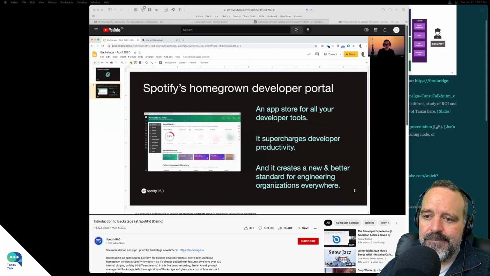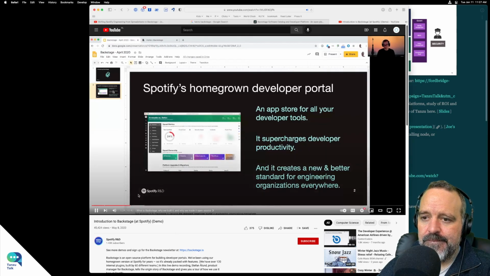And this is what we're trying to achieve with Backstage. We think that there's a missing open source project that ties together various other open source and infrastructure products in a more consistent experience. So this is what we're hoping to do with Backstage. Enough about that. Let's dive into the demo.